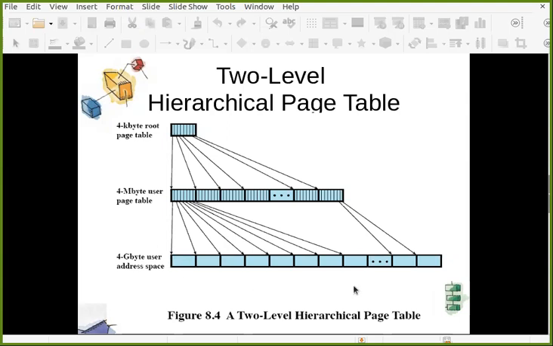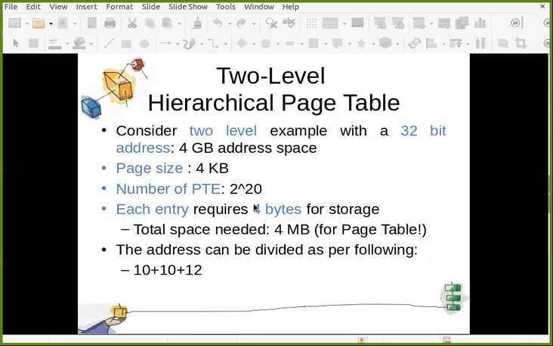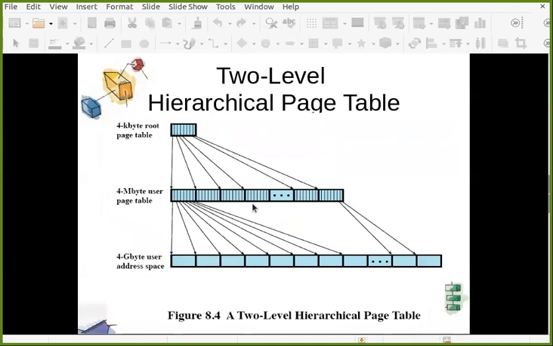That's why you have a total of 2 raised to 20 pages. And to store these entries of 2 raised to 20 pages, where every entry is of 4 bytes, you require 4 megabyte space. But this 4 megabyte space is again a very large one. So this is also virtual memory.